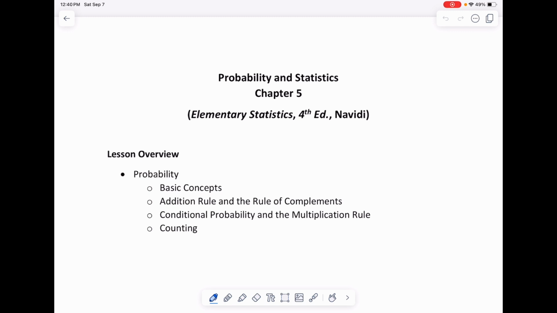In this lesson, we're going to veer a little bit from what we've been doing in the past lessons. If you've been following along, we've been looking at data. We've looked at the types of data, or how we categorize data, how to collect data, display data in various visual representations. In the last lesson, we looked at how to describe data using things like shape, center, and spread. And so this lesson is going to veer a little bit from that as we start to look now at